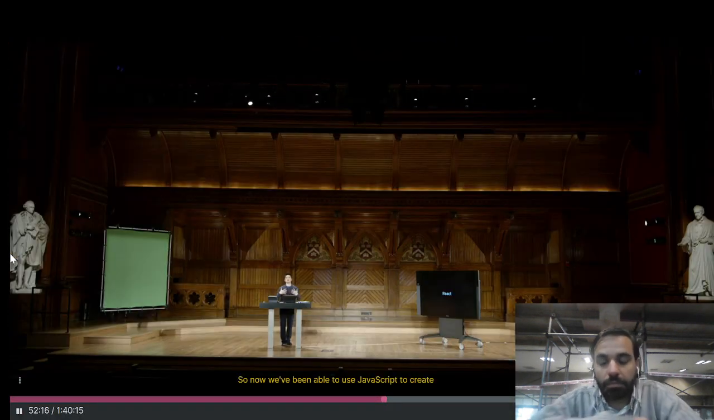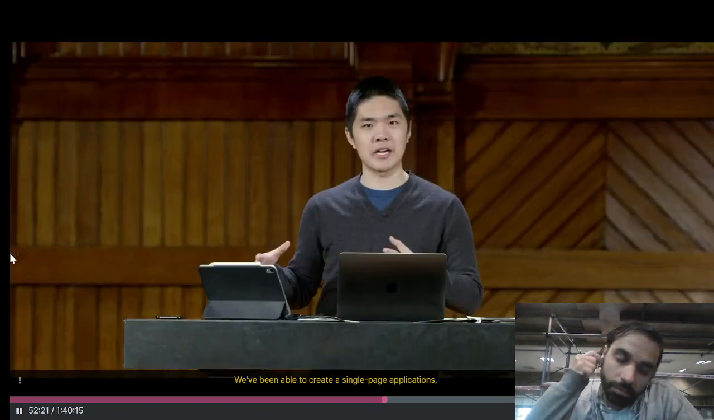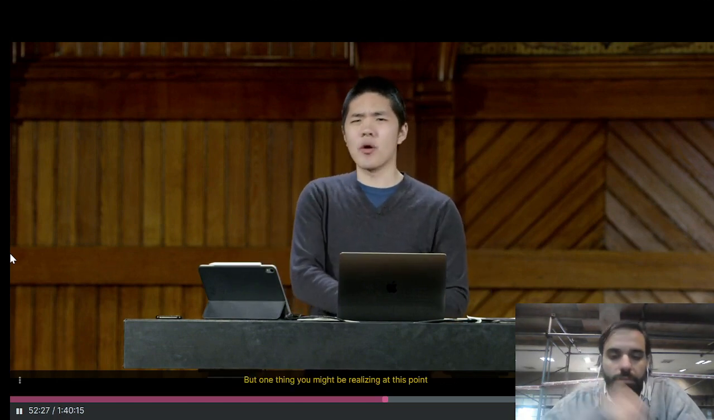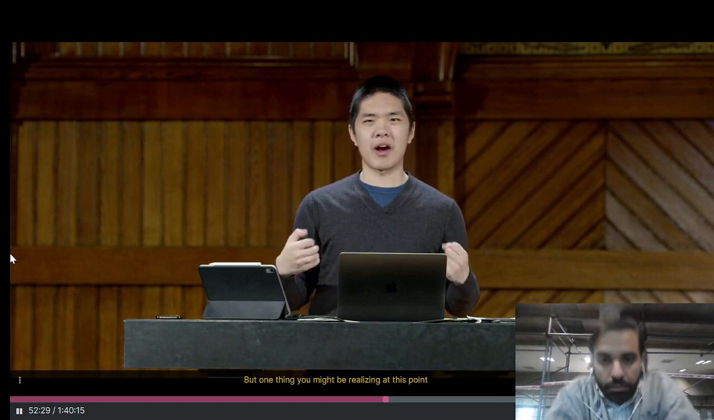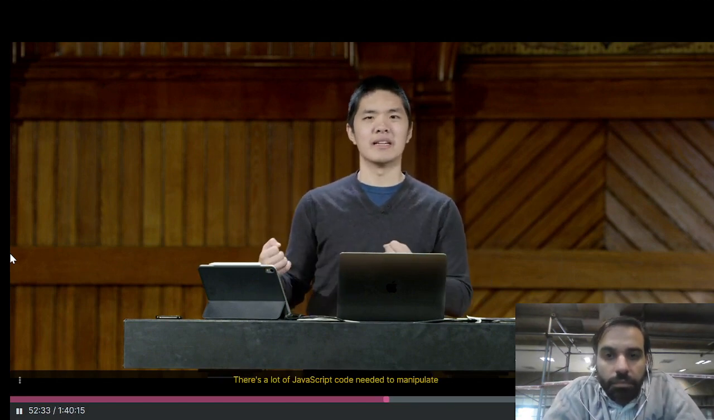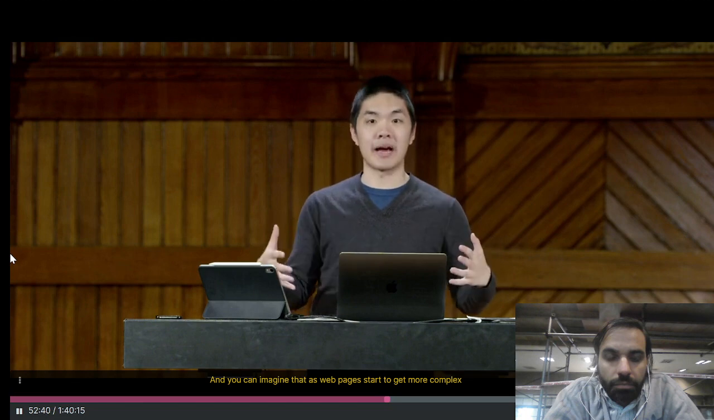So now we've been able to use JavaScript to create a lot of nice user interfaces. We've been able to create single-page applications, to create infinite scrolling, to be able to create some animations as well, and use JavaScript to be able to control them. But one thing you might be realizing at this point is that our applications are starting to get fairly complicated. There's a lot of JavaScript code needed to manipulate a lot of different parts of our application at the same time. And you can imagine that as web pages start to get more complex, and as you want to start